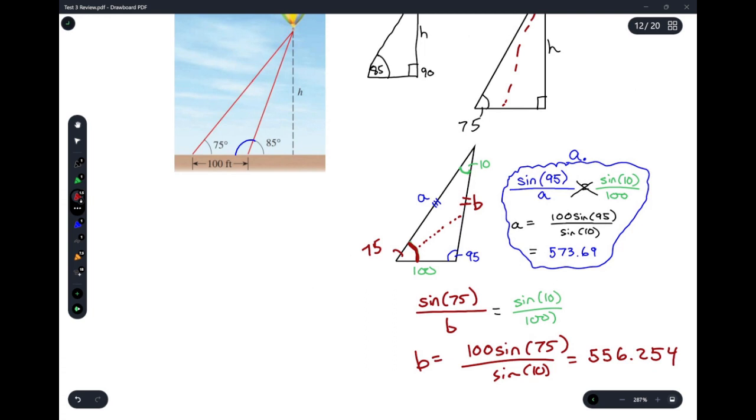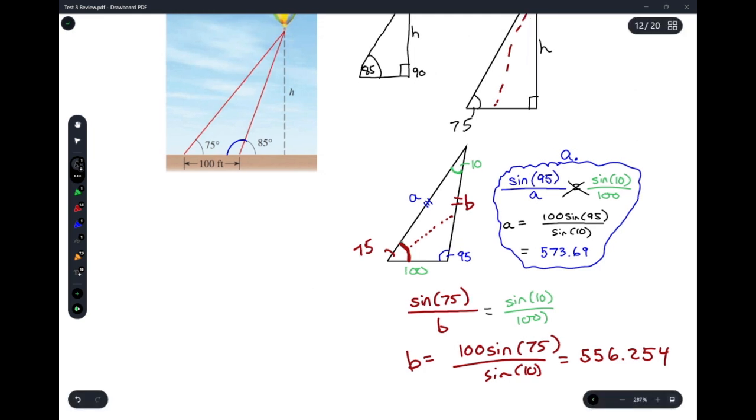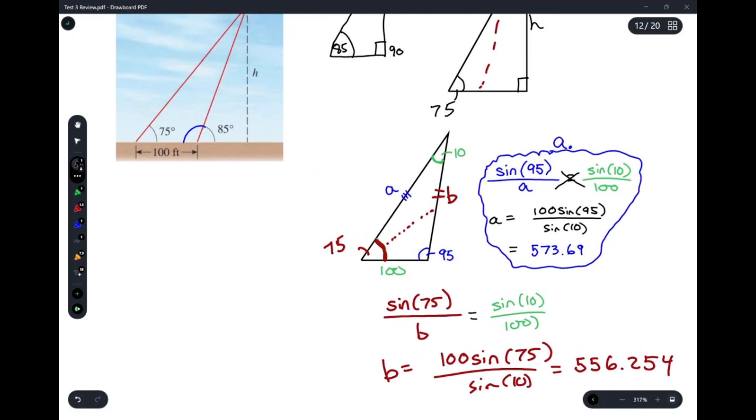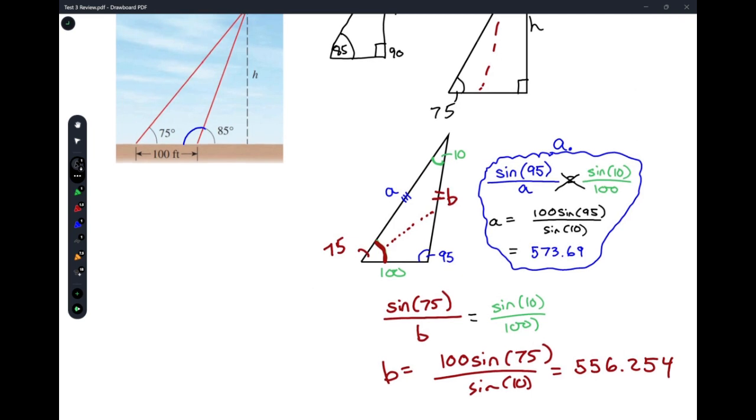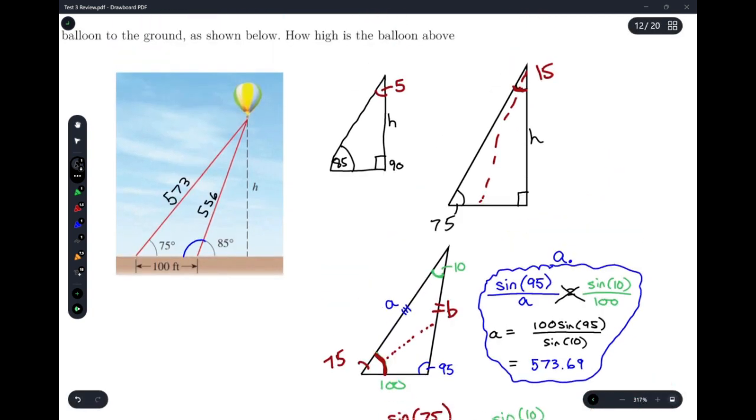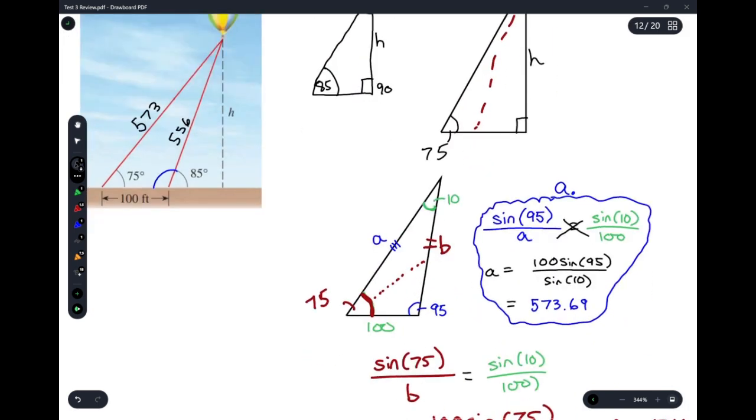And so we can go up to our big triangle and we can start labeling some of these sides. We know that B is 556, and we know that A is 573. What? We don't need to find both, right? We just need to find one. Well, we still-